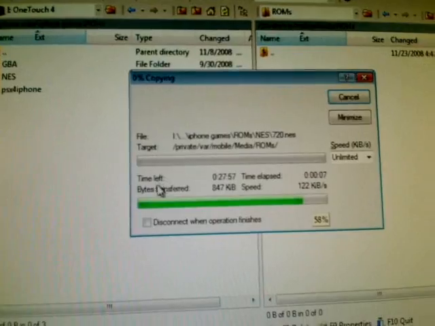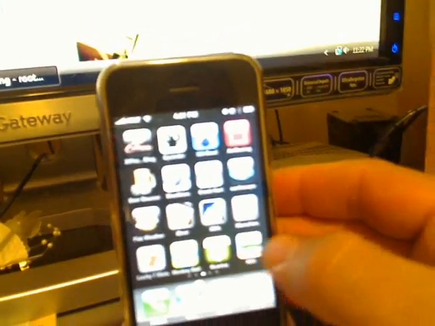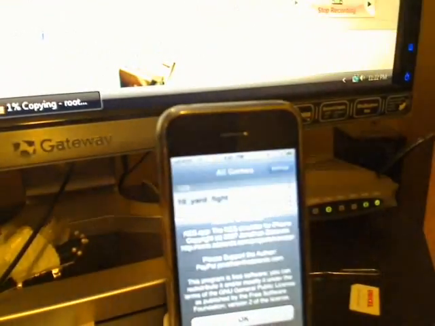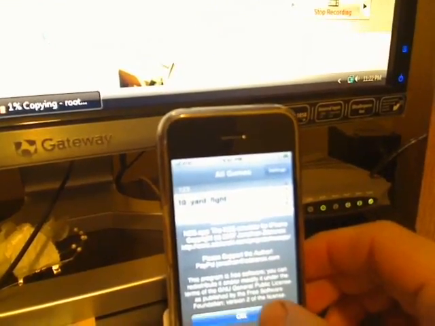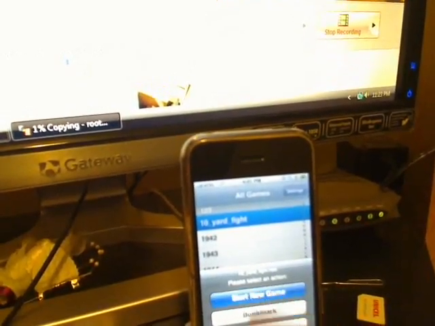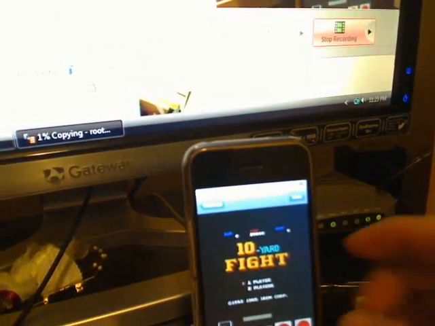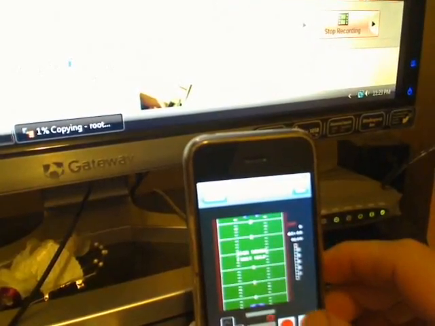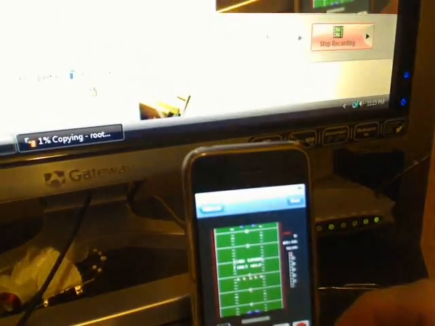So let's see how the process is doing on the iPhone. We can launch the NES games, and we can see that there are some ROMs already in there. Let's give it a try on one, and let's start. And as you can see, it's already working. Yes, believe it or not, 900 NES